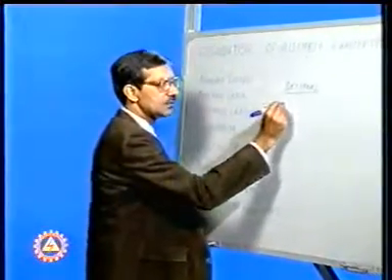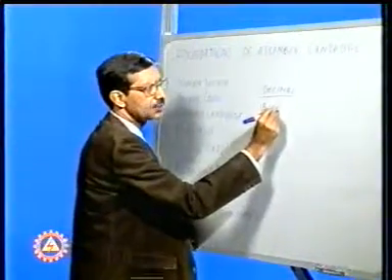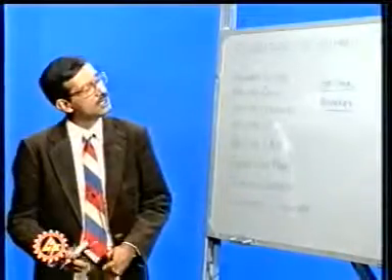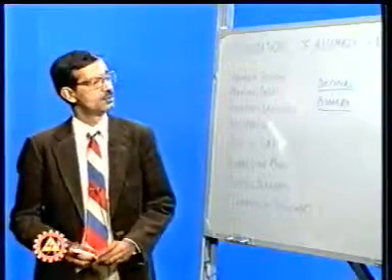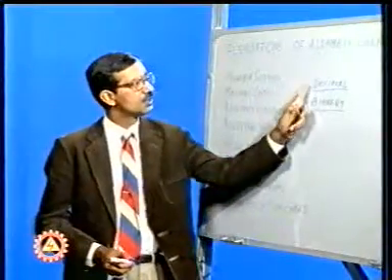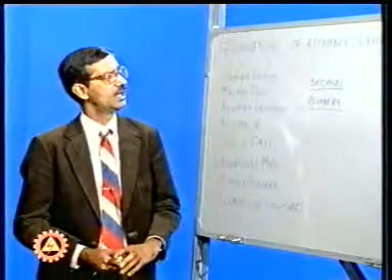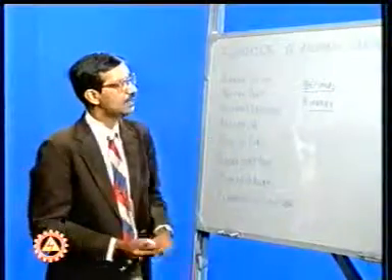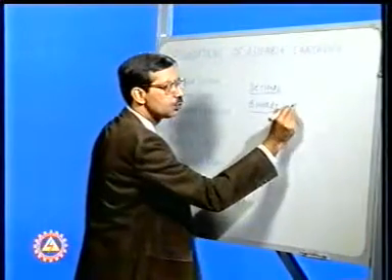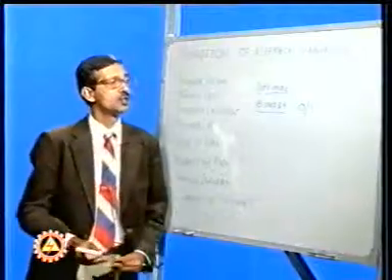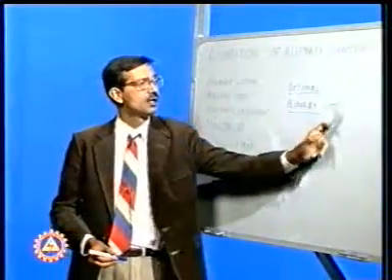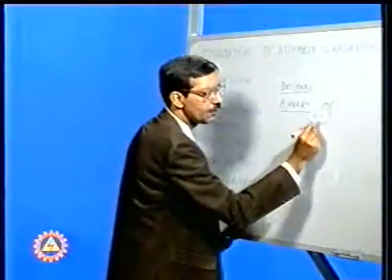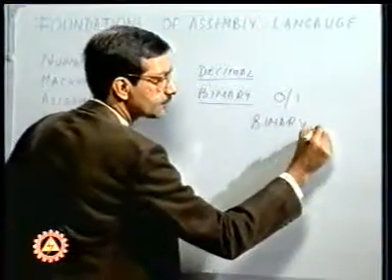The microprocessors and digital systems which we have do not work with the decimal number system; they work with the binary number system. The basic difference between the decimal and binary number systems is this: in the decimal number system we have 10 different levels available, and in binary we have only 2 levels available, which we designate as 0 and 1. This 0 or 1 is what we call a bit, which is equivalent to 1 binary digit.